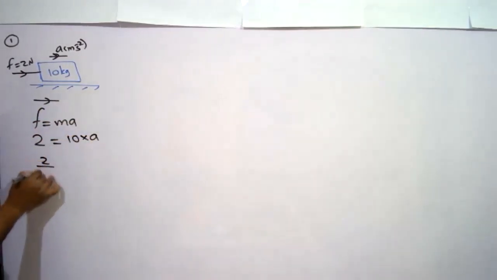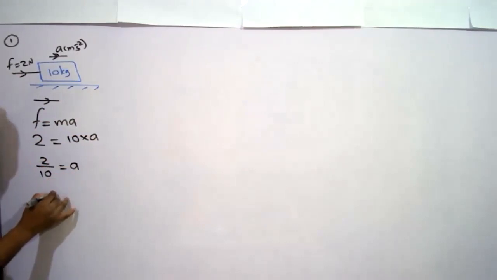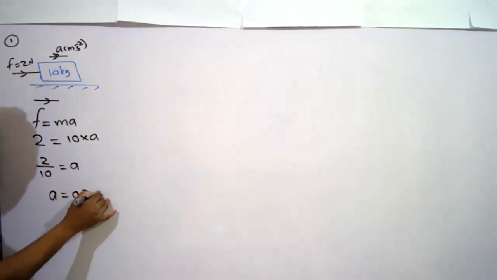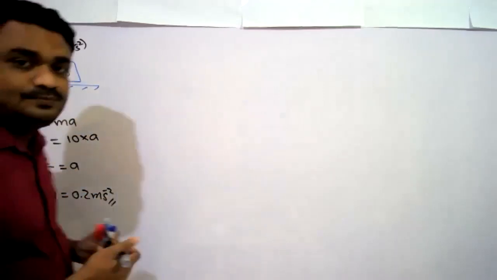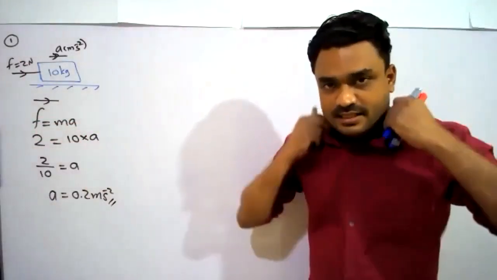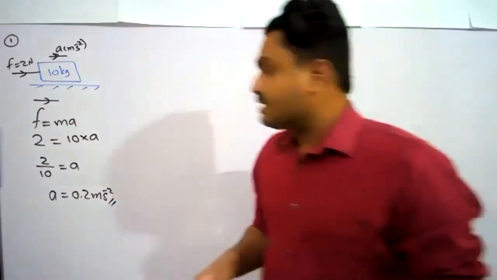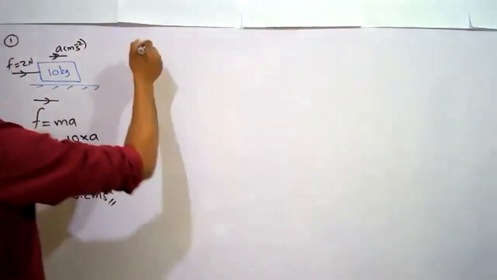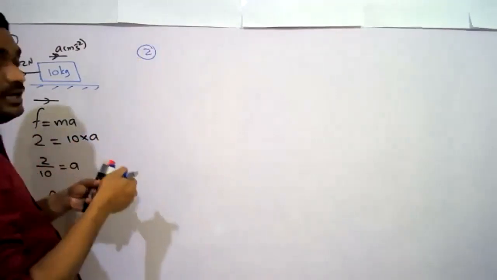Take 10 to this side: 2 divided by 10 equals a. Therefore, acceleration is 0.2 meter per square second. This is the easiest example. Even in O-level science, you may have answered this. It's so simple. The second thing that can be asked here,